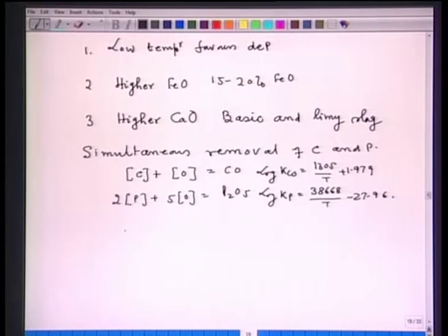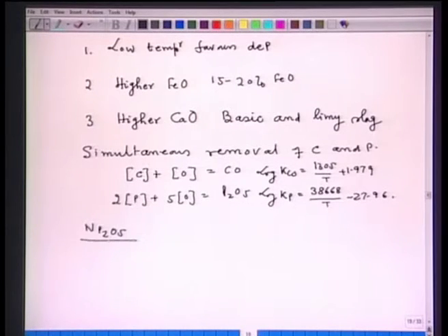Now, I can write down the value of Kp, I can write down the value of KCO, and I substitute them in order to get this equation. This you can do yourself. You write down the value of KCO, you write down the value of Kp, and then get the following equation: